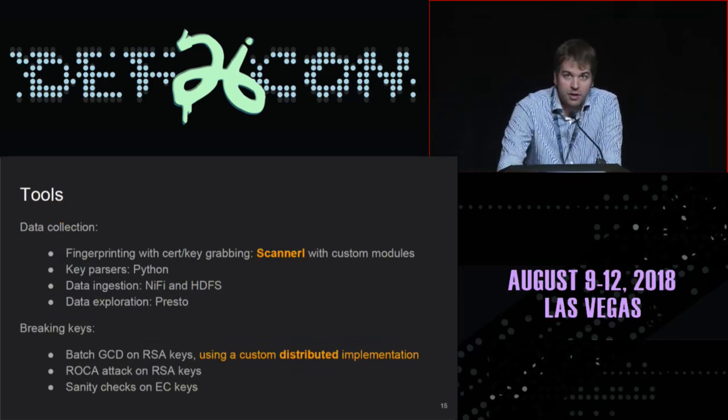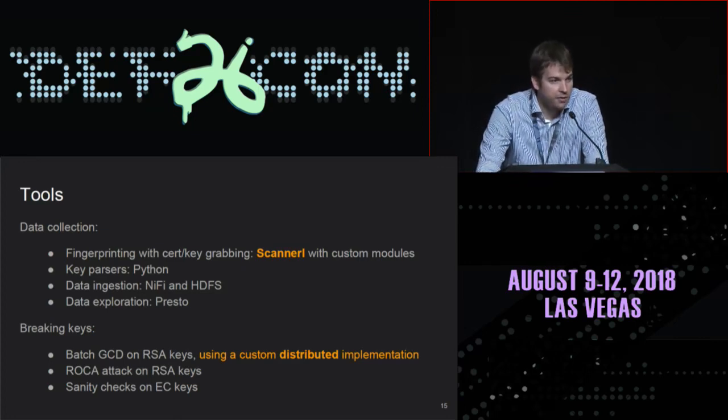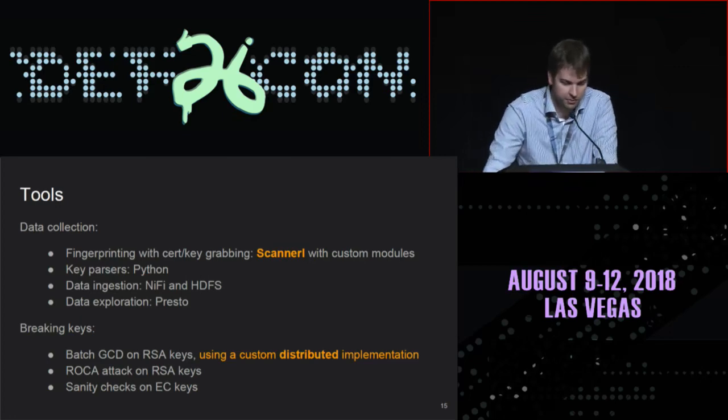A few words about tools. We've been using a tool that was developed by one of our colleagues. It's called Scanner. It's not just a network scanner, it's also a fingerprinting engine. It's written in Erlang. It's open source. It's on GitHub. You can download it today. Our parsers are mostly written in Python. We also have some Golang code and some bash scripts in there. The code will be open source on GitHub. It is available today. We have the link at the end of this presentation.